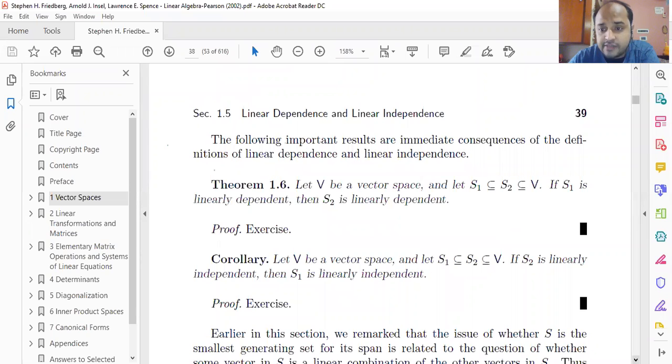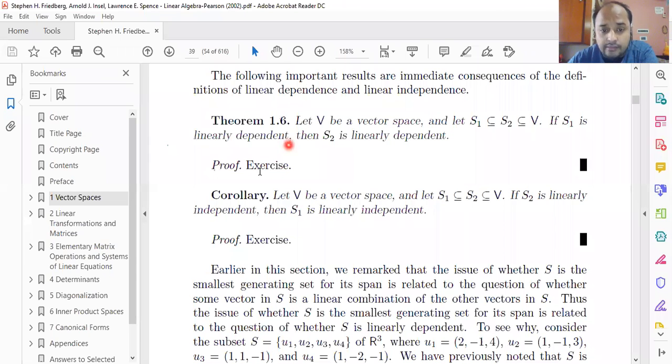So this example is very important, and this theorem is also very important. They have left this particular theorem for you to prove. I shall end today's session by stating these two theorems, which are very important. The theorem is saying that